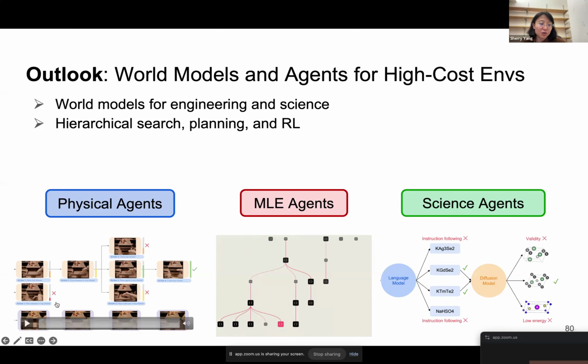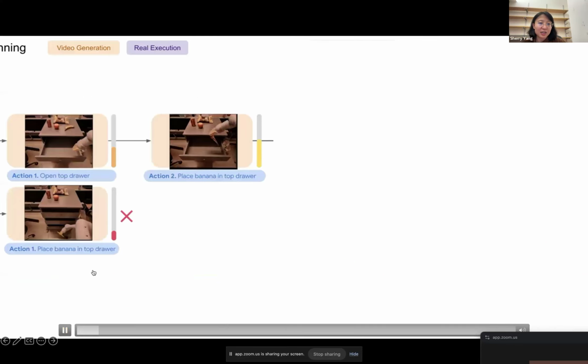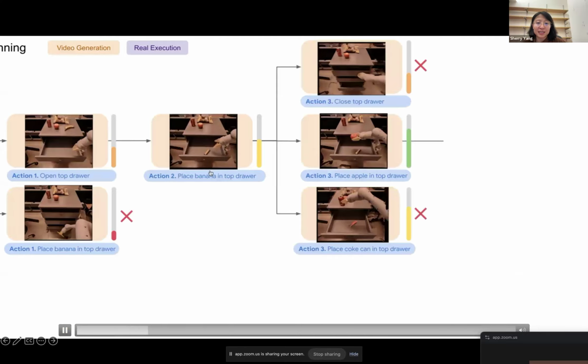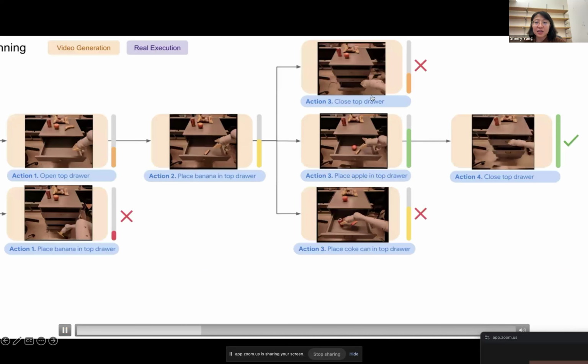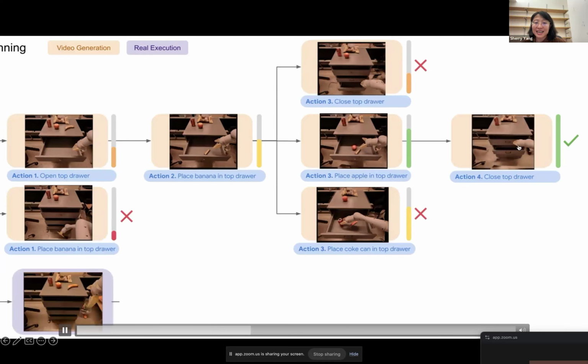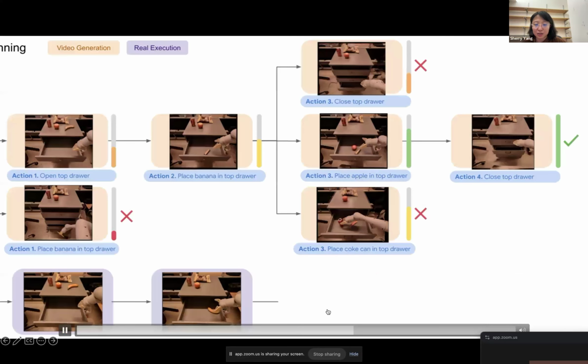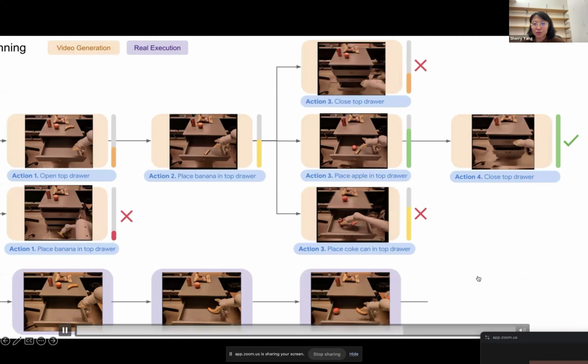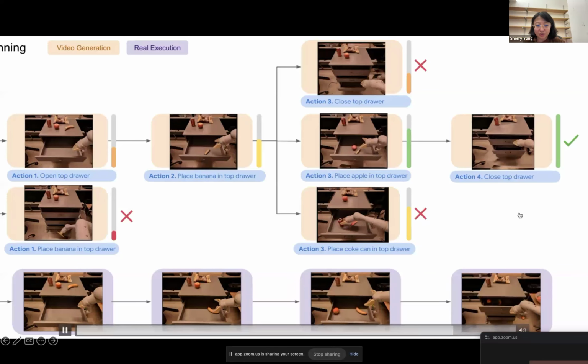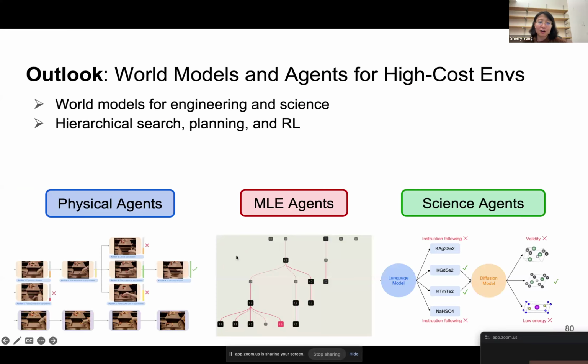And for the first part, I didn't really show you this video, but the point is you can generate substeps of completing tasks using language models, and then you can generate videos for completing these tasks to select which branch to take, and then translate those successful branches into the action space to be executed in the real world. This is called video language planning. You can also check out this work. But the point is that even across different domains, the notion of world models can be shared. The notion of having hierarchies, and searching through hierarchies, and planning through hierarchies, or doing reinforcement learning across hierarchies, is also pretty much a common theme.